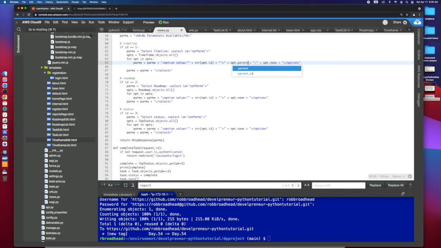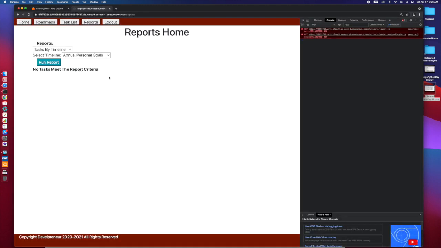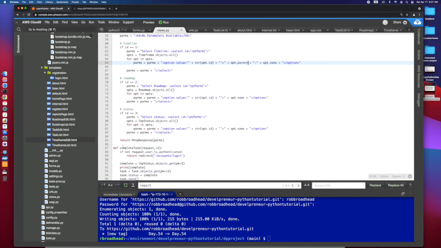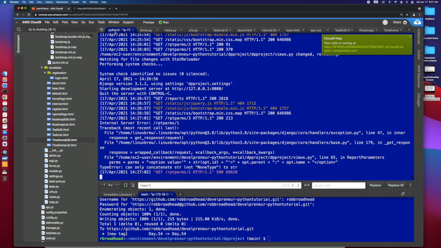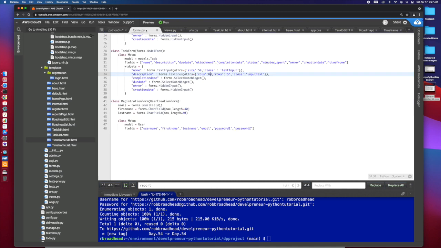And let's look at that. So now if we do by timeline, oh, it's breaking. So we're gonna look here. It's probably dying here. Can only concatenate string. So let's take a look at that. That may not be the right